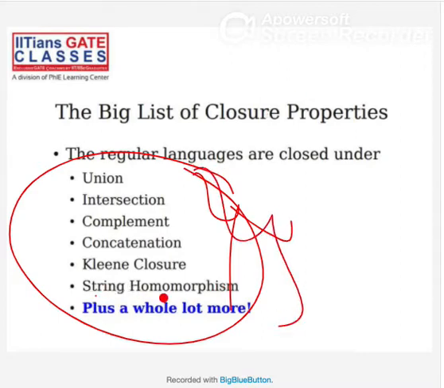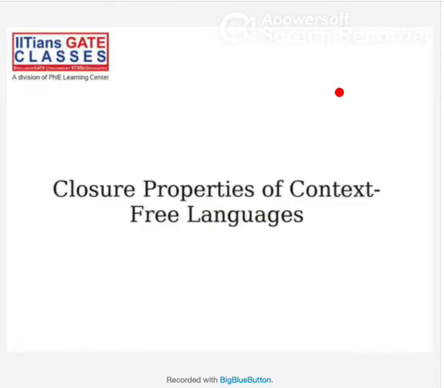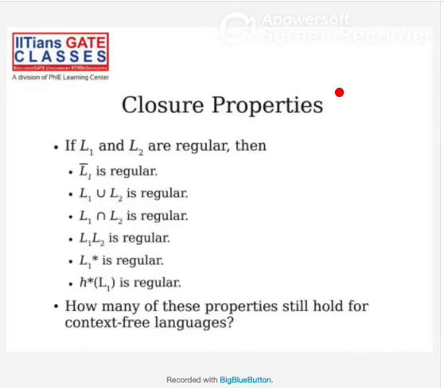We have proven, like, string homomorphism we did not prove because it would take more time to prove. That's why I have not proven the closure property of regular languages under the homomorphism operation. But under all other standard operations, I have already given you the proof. You must know the proof. Okay, so anyway, now we will see the closure properties of CFL languages. So closure properties of context free languages. The context free languages, they are actually closed under